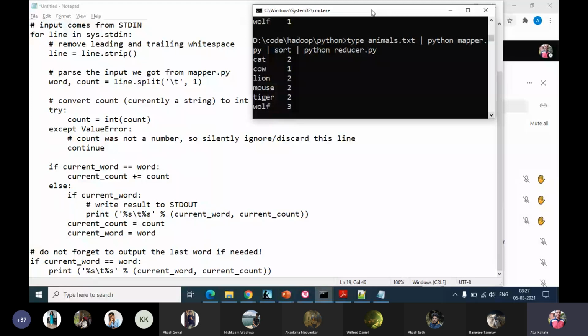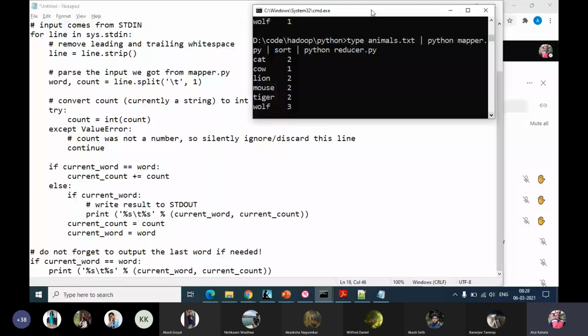Again, if some of you have confusions, to run this example, we don't require Hadoop to be running. Hadoop installation and running the Hadoop services is different. Here we are trying out MapReduce code. MapReduce code can be run outside of Hadoop or using Hadoop.